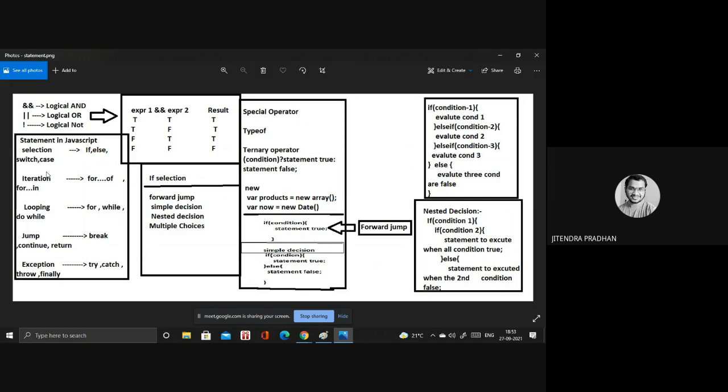And we have to go to looping. In looping, if you want to design something with a for loop, we call it iteration as well. Okay, and in looping we have the for loop, while loop, and do while loop.